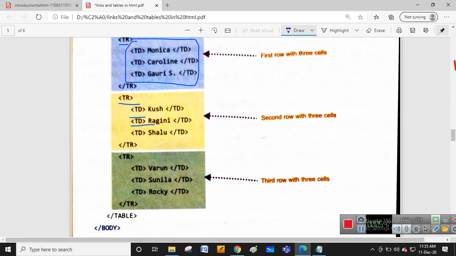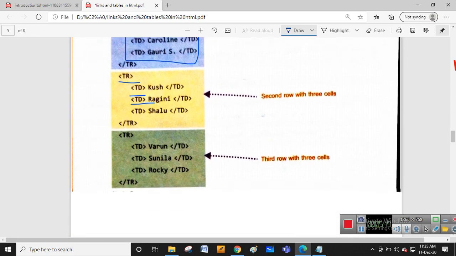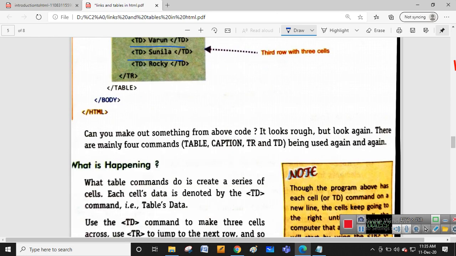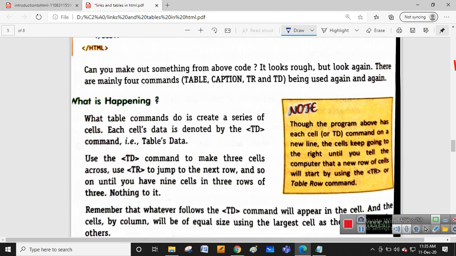we use the tag called td. Okay, then after this, the second row's cells are done. Then see the third row: they inserted the third row, and the cells of the third row are these. Then they closed the table, they closed the body, they closed the HTML. So with this you get to identify what is going to happen with the table.